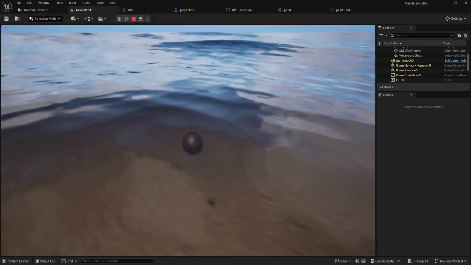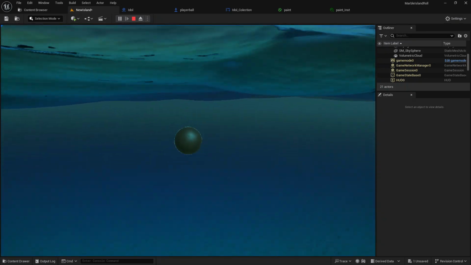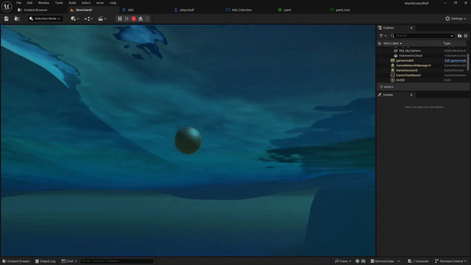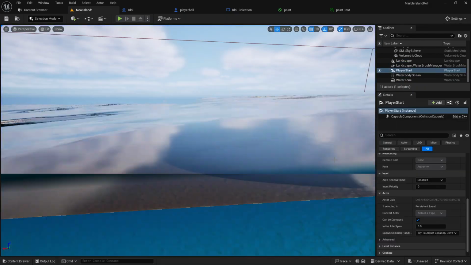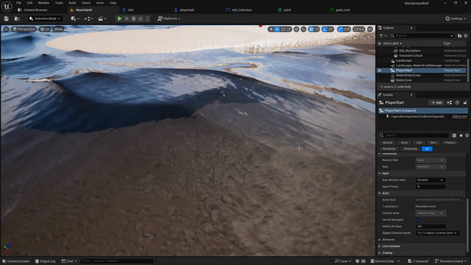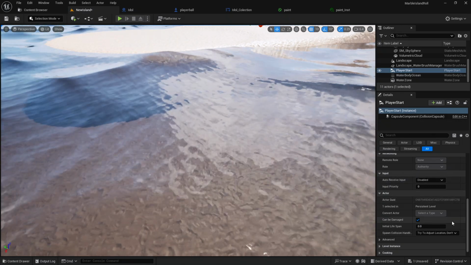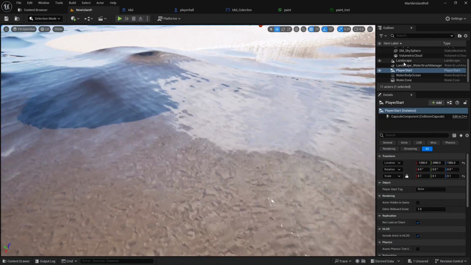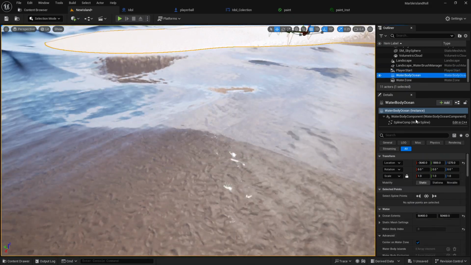See, what upsets me is the buoyancy doesn't move with the waves. So as much as I want to have crazy waves, it looks really bad. If somebody knows a way to make it so that the player buoyancy will move with waves, let me know. Because I would love to have a more wavy ocean. But, for now, the best solution that I know of